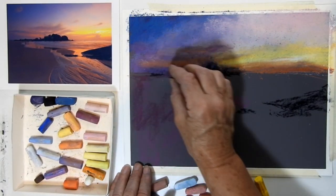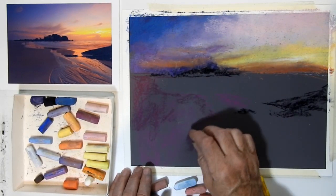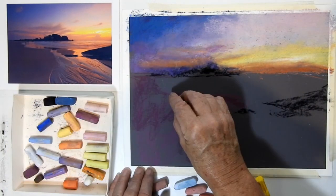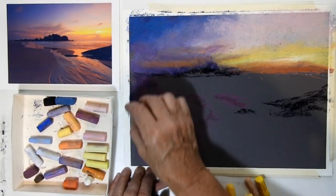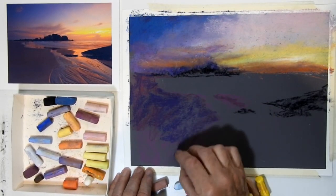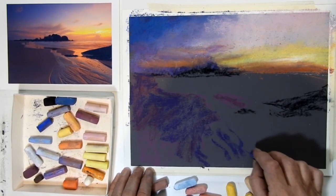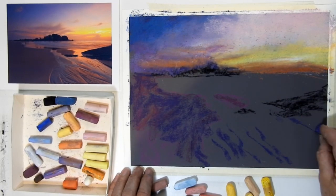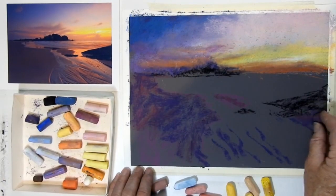It needs to be quite a lot darker than that, so I'm just going to pop that in first, then I'll go back into this darker colour. This is quite soft. I'll be using some of the blue as well. So I'm just mixing those up at the moment to create that sand area. There's going to be a few little ripples and things going through here, so I'm just giving the suggestion of